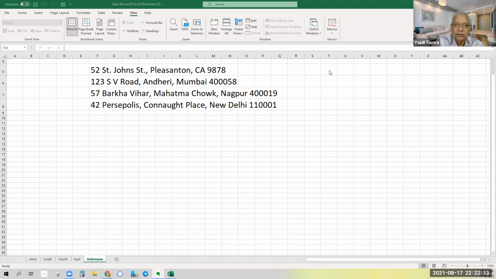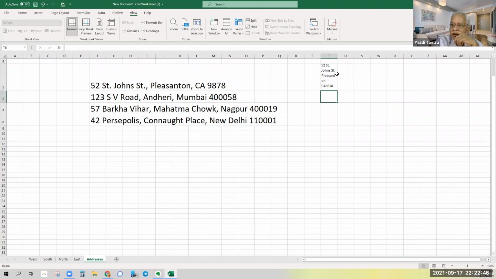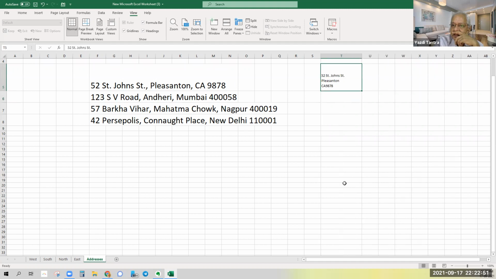So what you will have to do is type 52 St. John's Street, and then press Alt Enter and go to the next line, then Alt Enter and CA 9878. This is how you want it ultimately. I'll just format it so that it becomes a little easier.